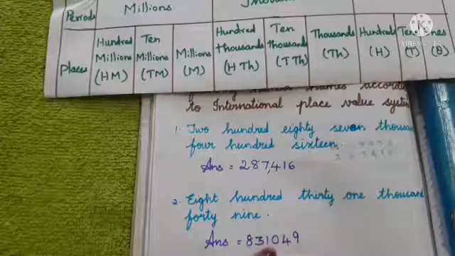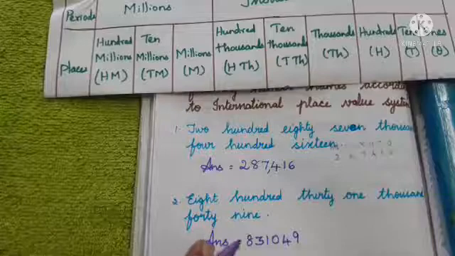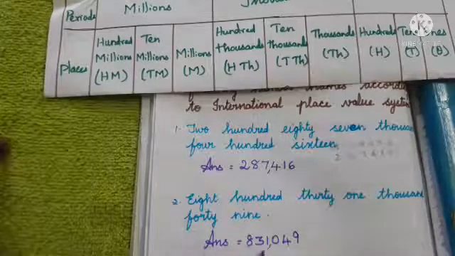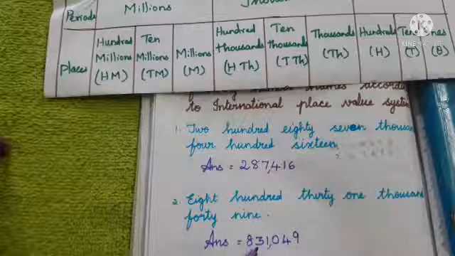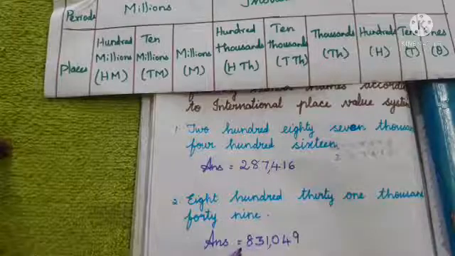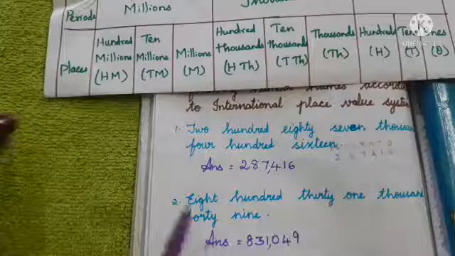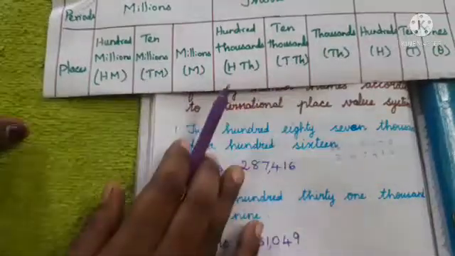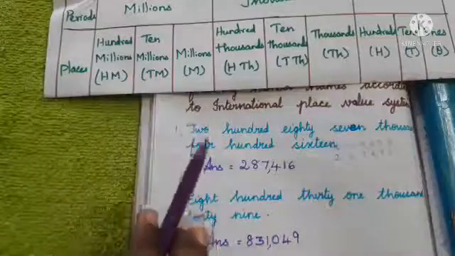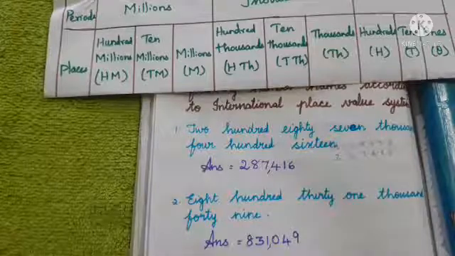Then we have to put the comma. So this is ones, tens, 100. After the hundreds we have to put the comma, isn't it? So we have to put the comma here. Then 1,000, 10,000, 100,000. Have you understood this? Very easy only. If you know this chart properly, the Indian system or the international system, you have to be thorough with this chart. Only then can you write the answers very correctly. Then look at the next question.